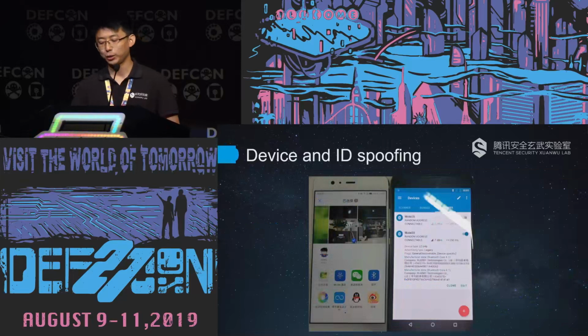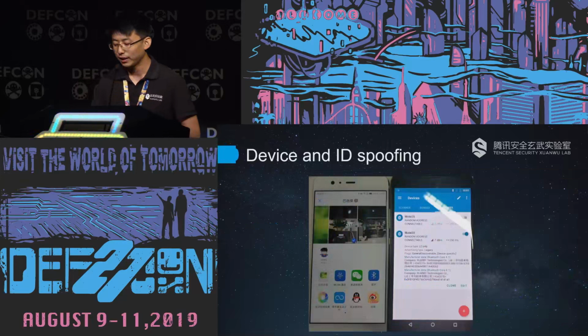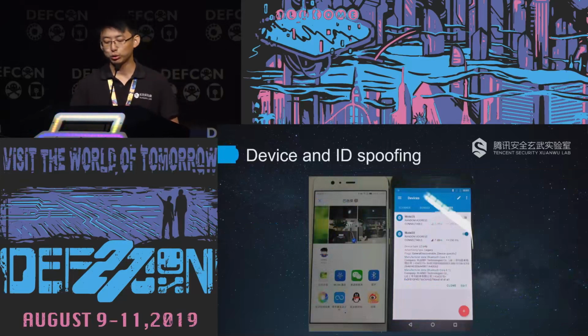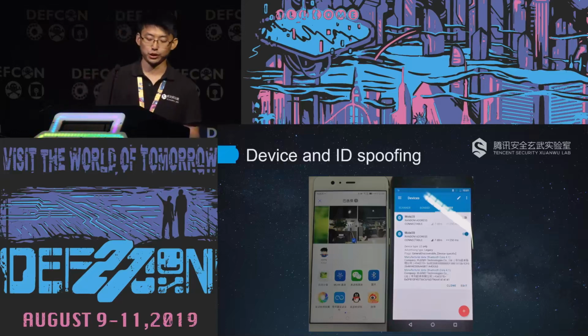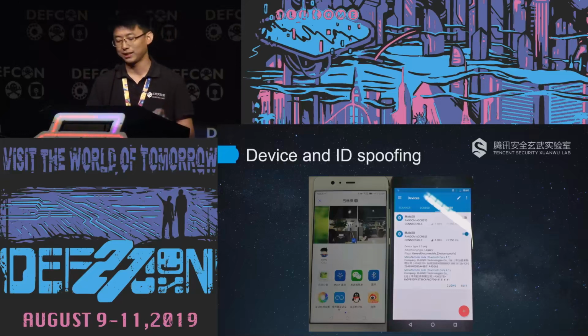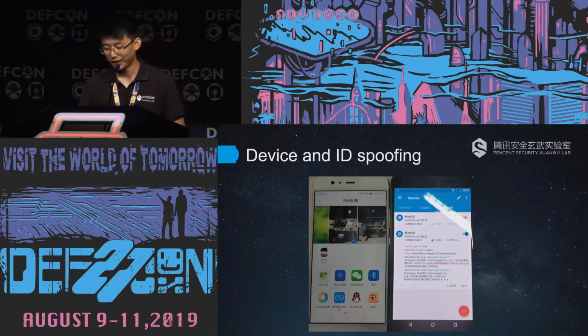In this slide, we can see that we can emulate a receiver by using a BLE standard app to send advertising and scan response packets. The left phone shows a profile picture of someone, but it is actually a BLE standard app.